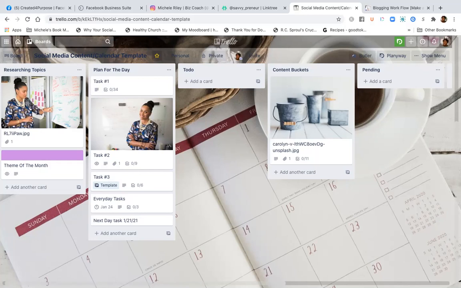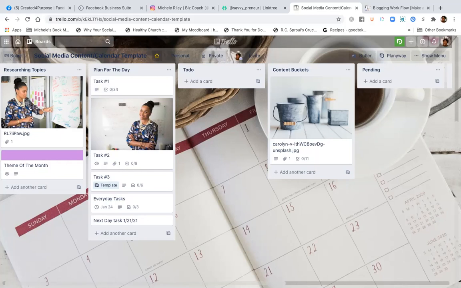Now, what I'm going to take you through is just this template that I created in Trello that I will also give you as a free download so you can utilize it. You can edit it and create it any way you want that's going to work with your business. But I just want to walk you through the foundational tips and little strategies that you can use within your business.